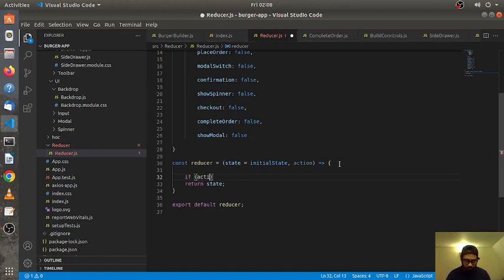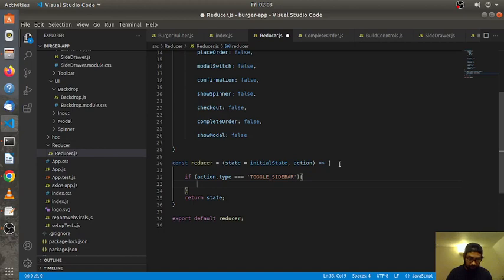So I'm saying whenever you're getting an action type TOGGLE_SIDEBAR, at that point you want to basically return